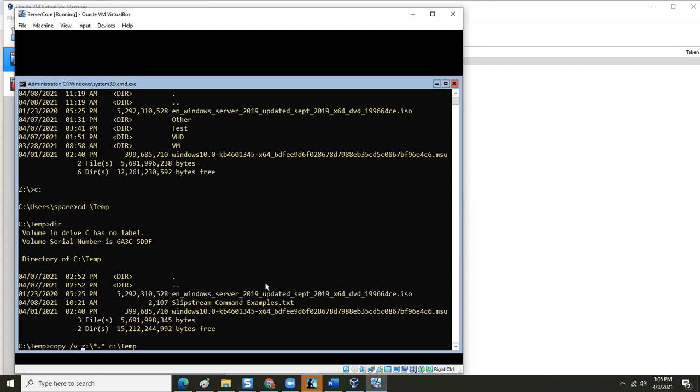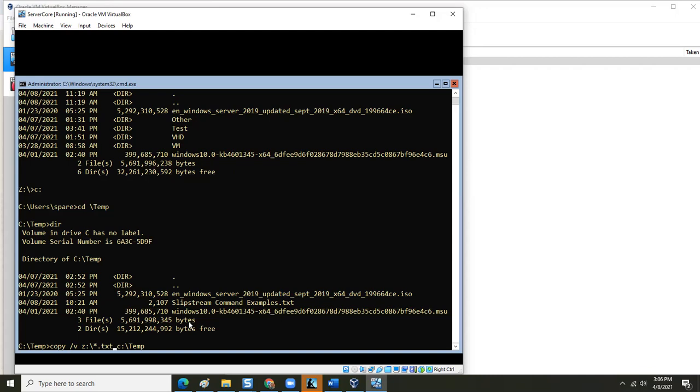Now, if I have a lot of stuff in my temp folder, like extra directories and things like this, I can basically copy based on file extension. Like I can put in MSU or I can put in TXT, right? Yeah, I see that. Yeah. And so, you know, if I copy this over,